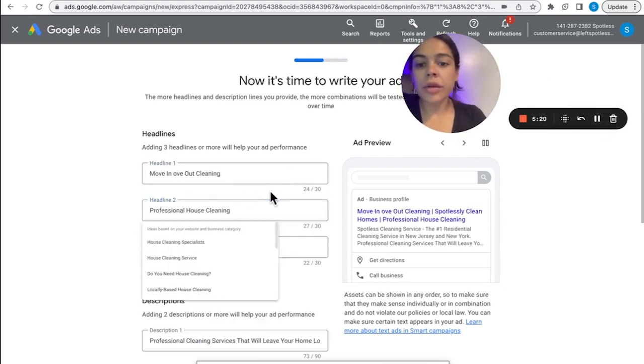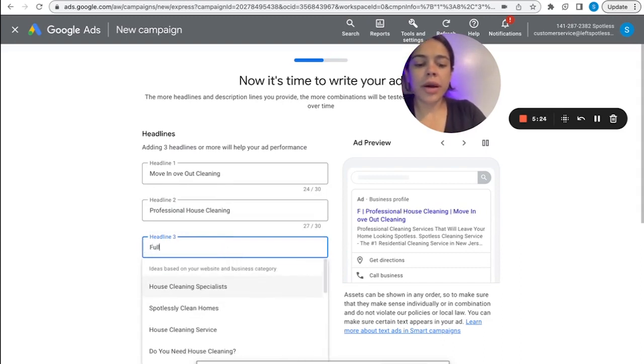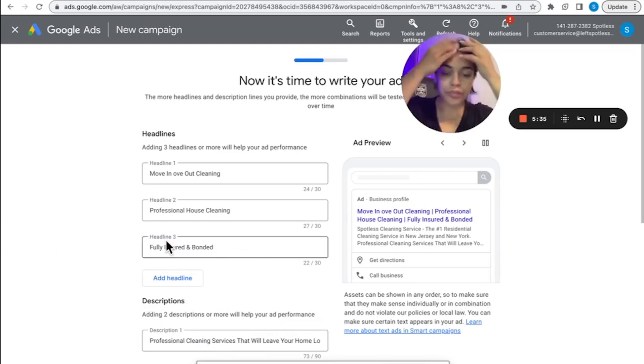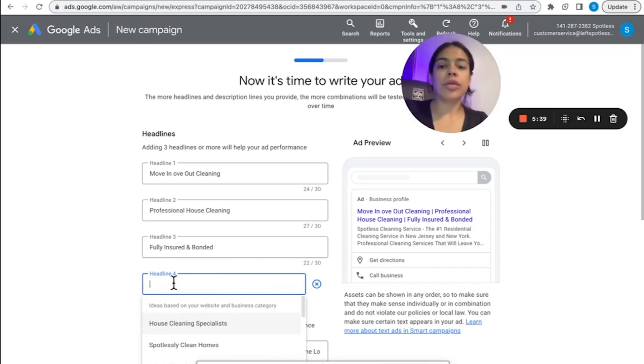And then here we're going to leave the professional house cleaning. But here I want to talk about how we're fully insured and bonded, because that's something that I like to market to our clients because it's true. Now, if you want to add a fourth headline, you absolutely can. You can put